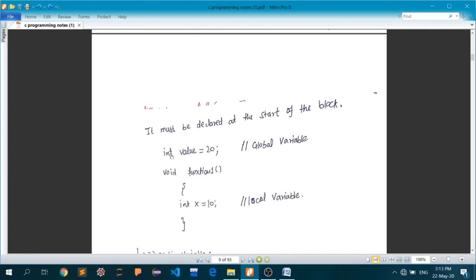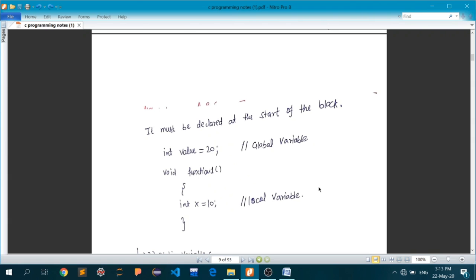So this variable named value is known to the rest of the code and also by this function. This value is known inside these walls, but this x is not known outside these two curly braces. Okay, so I think you must have got the idea of what is a global variable and what is a local variable.